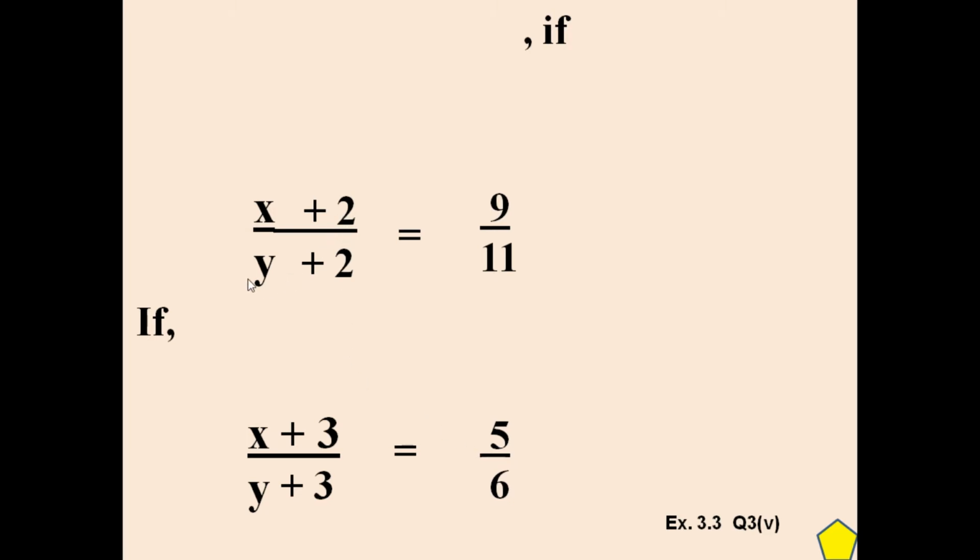To solve them, we will cross multiply these equations and simplify them. Please remember the quote that we began this chapter with, that everything is supposed to be simplified before we solve them as a pair of linear equations. So cross multiply, put the like terms together, you'll get two equations, and solve for x and y. But your final answer will not be x and y. Your final answer will be x upon y, because the assumption was the fraction.